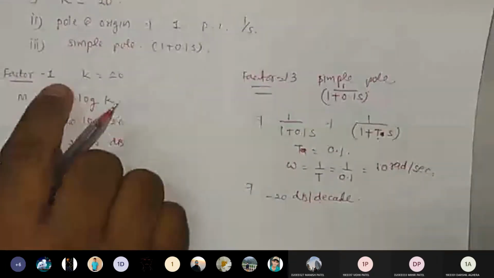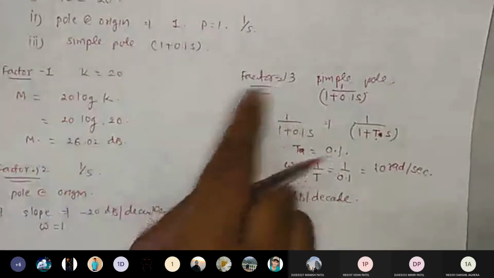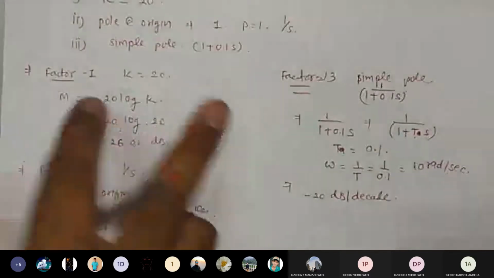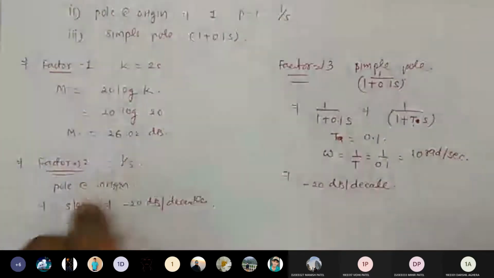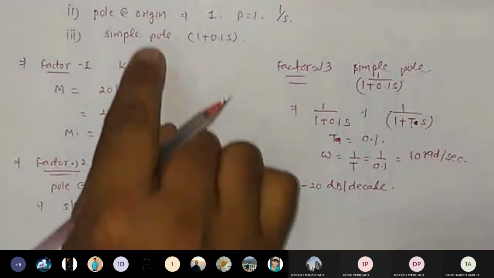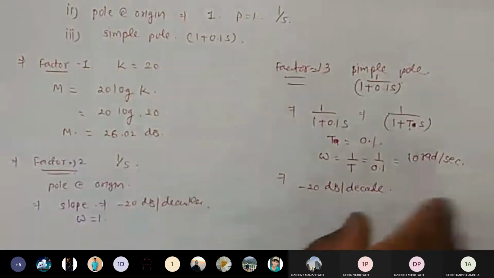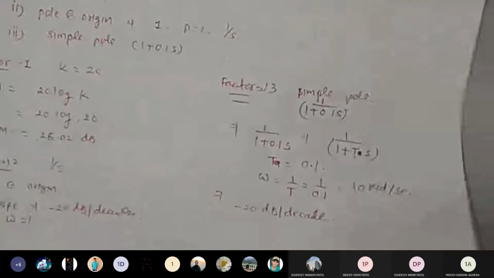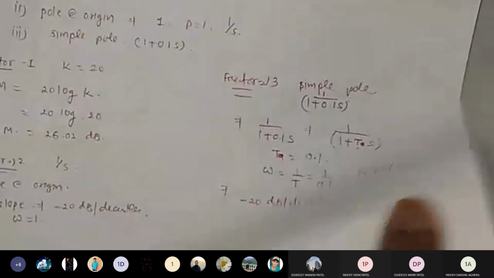Okay, so the contribution made by each and every factor. How many factors are there? There is factor number 1, factor number 2, factor number 3. I will sum these three factors and draw the plot. This part is for your magnitude part. Next I will go for the phase angle part. For the phase angle we have to make a table.